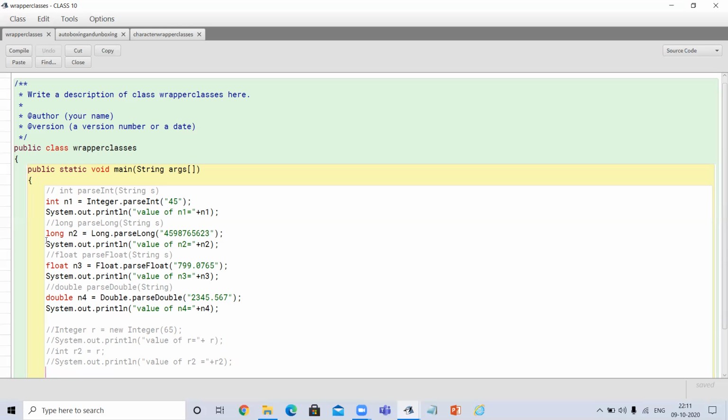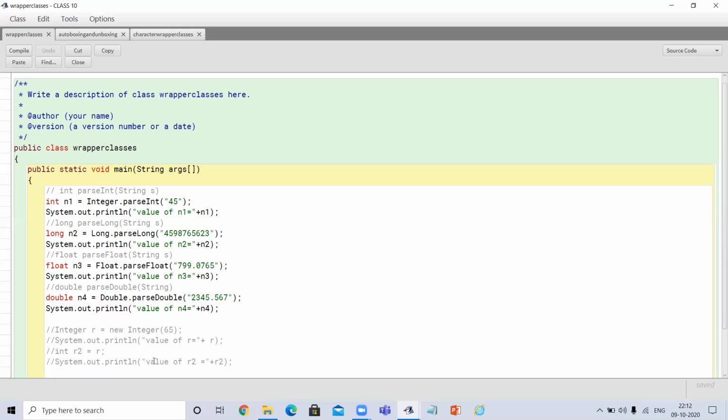In the same way, Float.parseFloat will convert this string value into float type value. Next, Double.parseDouble will convert this string value into double data type. So these wrapper classes will convert the string into its corresponding numeric value. It may be int, long, float, or double.